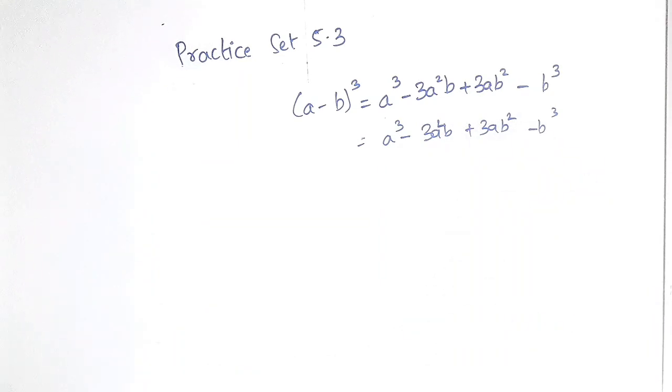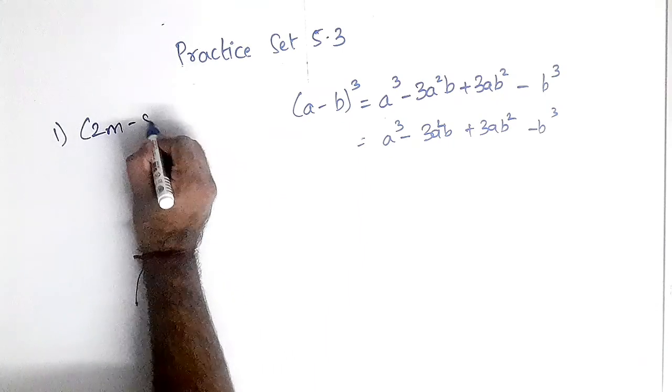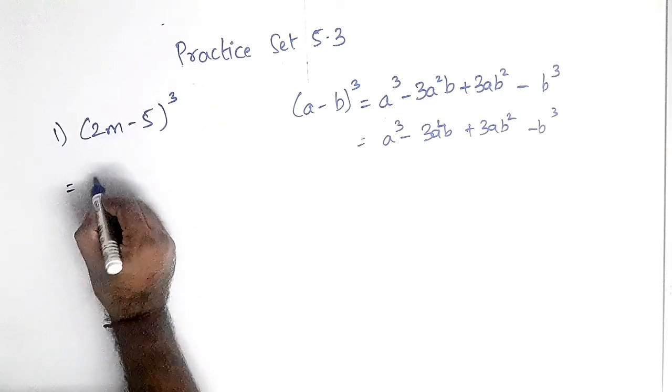Students, you can find many other methods to remember, but make sure that you write it 5 times, 10 times before starting the exercise. Okay, so we'll begin with the first sum. The first sum is 2m minus 5 the whole cube. So you can see this is a, this is b, so I'll write